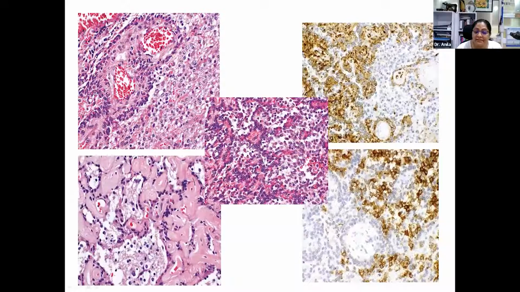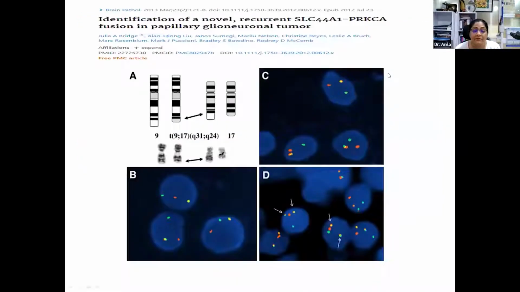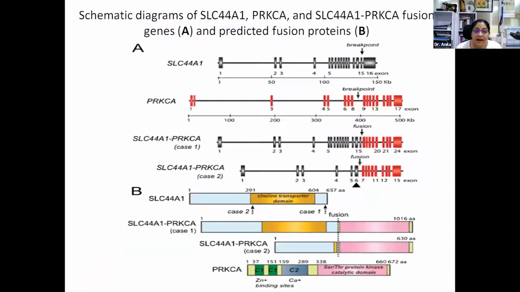And this is another cross section of the tumor. And the papillae here, these are the glioneuronal papillae, and these are the interpapillary tumor cells. So, like we discussed, there is a recurrent SLC44A1 PRKCA fusion in papillary glioneuronal tumor. And this is the diagram of SLC44A1 and PRKCA, and these are the fusions in two different cases. And these are the proteins which are created. So,